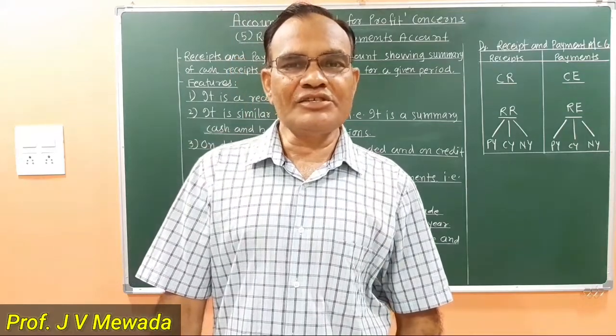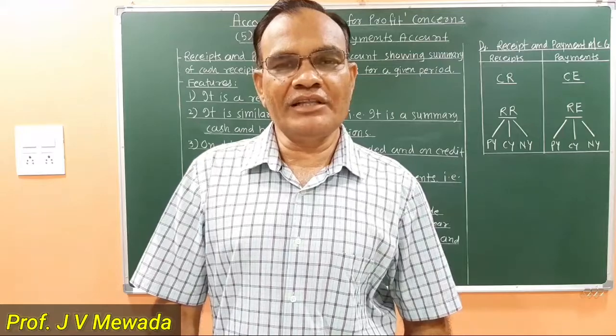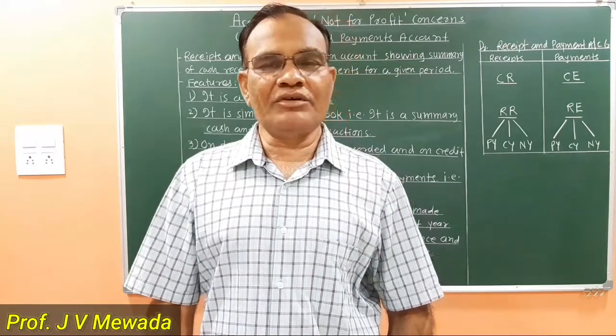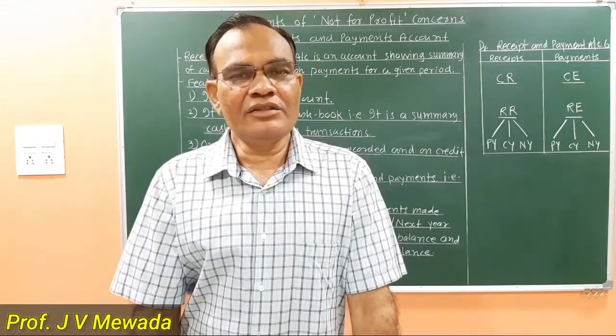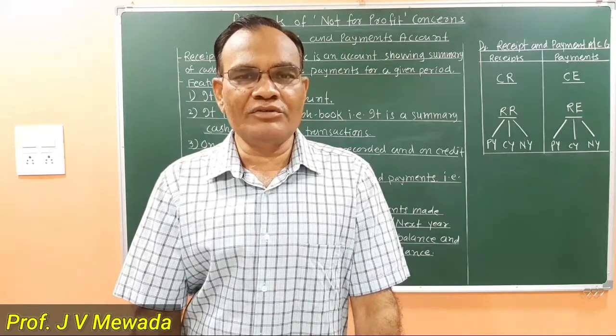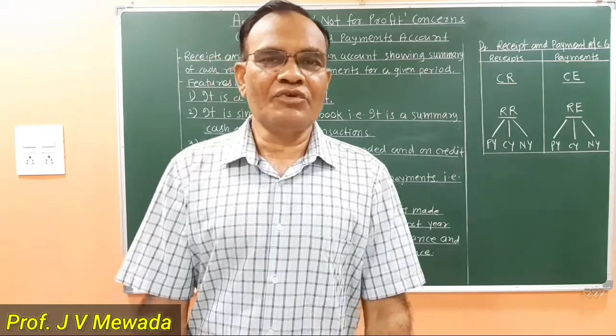Now, what are the contents of final account of NPO? I told you that there are three contents. One is receipt and payment account, second is income and expenditure account, and third is the balance sheet. So today I am going to discuss about the receipt and payment account, which is a need for solving the